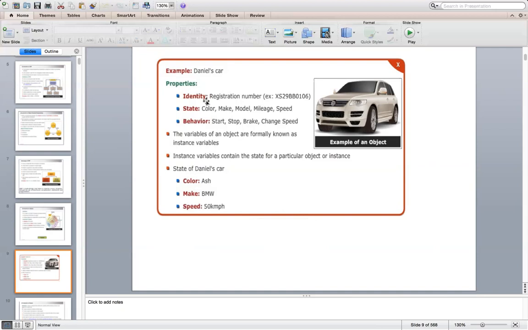If you observe the difference here, I am saying Daniel's car is an object, but car is not an object. This student is an object, but student is not an object.